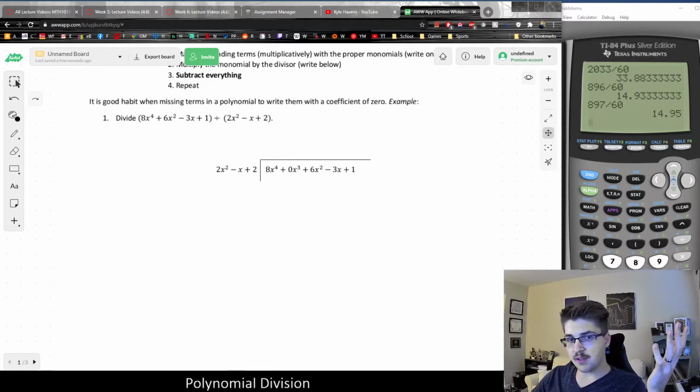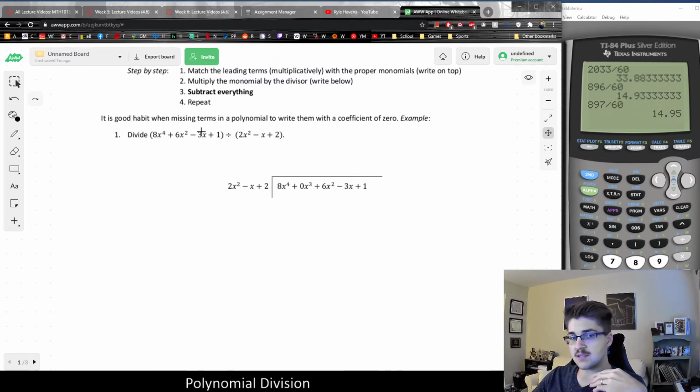Let's do another example of polynomial long division. And another thing that is technically not necessary but highly recommended is that if one of your polynomials is missing a term of particular degree, like notice in this case, the first polynomial, 8x to the fourth plus 6x squared minus 3x plus 1, is missing a term of degree 3. What's highly recommended is that you insert what we call a placeholder 0 into the missing slot just for organizational